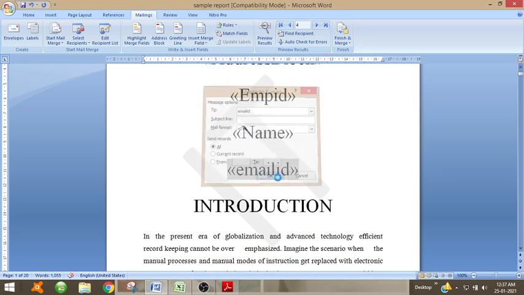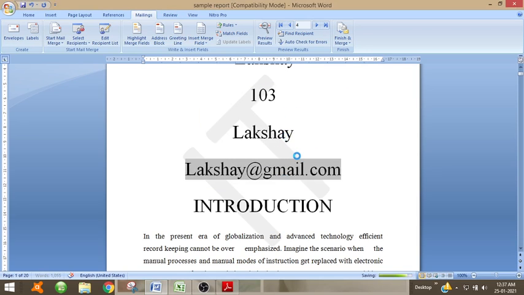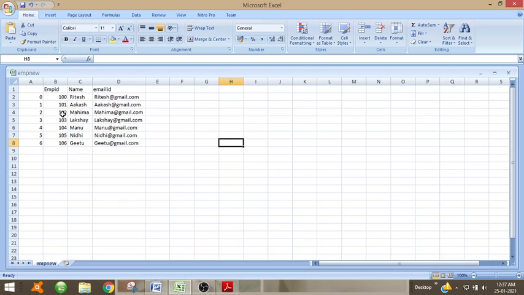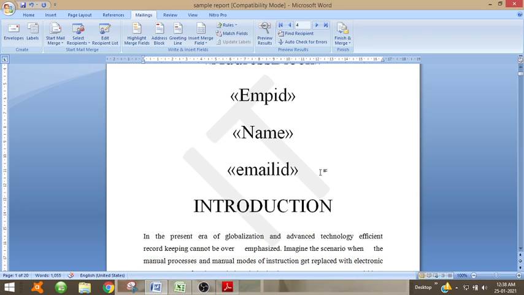So click OK. Then you can see different names appear. I am not creating it for each of the persons. Since I have merged using mail merge, it will change the name of each person that is given in this CSV file. So everything will be inserted and we can easily mail it to different people. And for each person, their employee ID, their name and their email ID will appear. No need of editing and creating multiple copies.